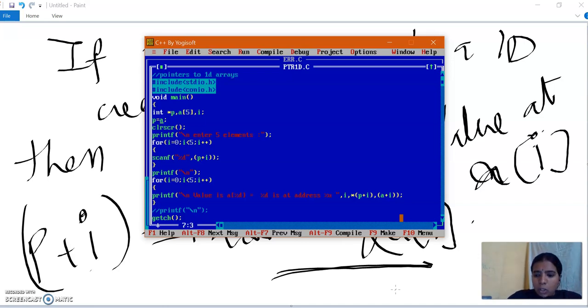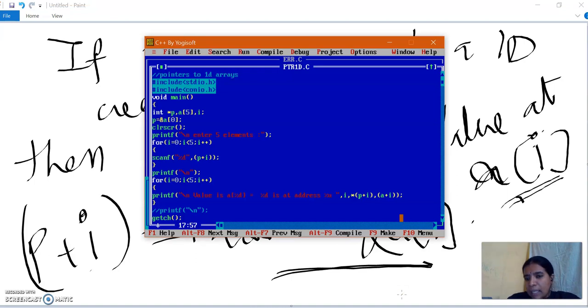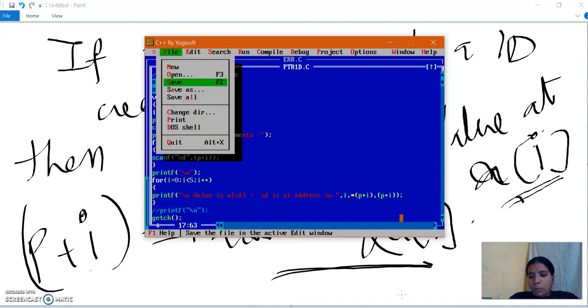So P is equal to A, or you can also write P is equal to ampersand A of 0, which is the base address of the element. So I wrote P plus I. Then how do you print it? For I equals 0, I less than 5, I plus plus, value of A of I is equal to percent d at address percent d. This is what we have been writing. A of I is the value, which is also nothing but star of P plus I. That's what we have seen. So A of I is star of P plus I, and ampersand A of I is nothing but P plus I. So therefore, save your program,